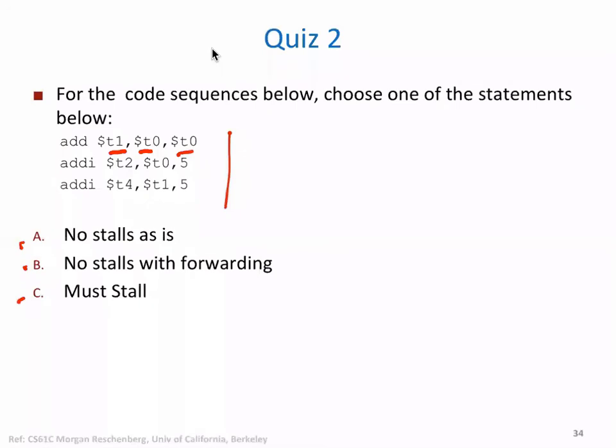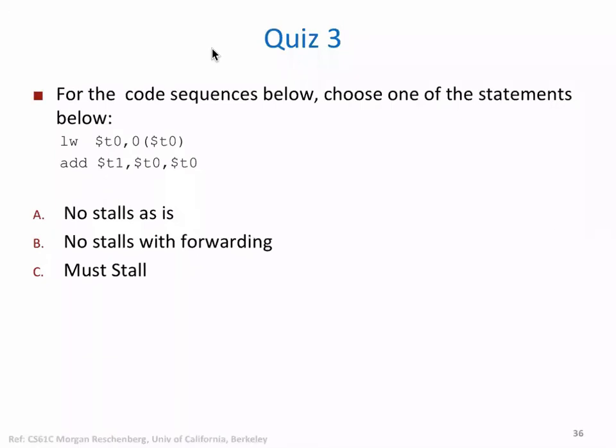So look, these two instructions are independent, right? We are using T0, but T0 is not here. Had it been T1, there would be a dependency. So these two instructions are independent. This one here, T1 we are using, so this comes from the previous one. Now draw the diagram and see whether we can solve this with forwarding. Okay, anybody? Okay, the answer is yes, we can solve this with forwarding.